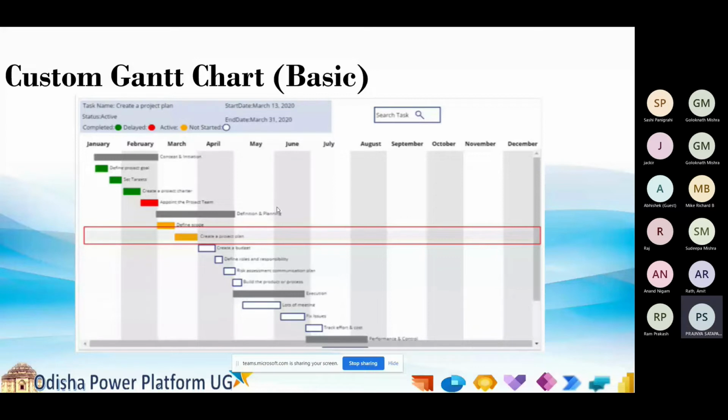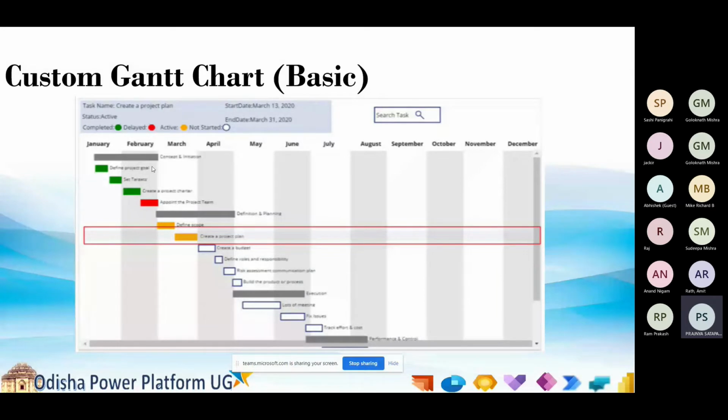So this is a basic Gantt chart. You can see the tasks here. The concept is that in total we are using 3 galleries. One is a blank horizontal gallery, and 2 are vertical galleries. They are nested. One is for phases, and the task gallery is inside the phase gallery. This is the basic concept you will use for any Gantt chart we build.